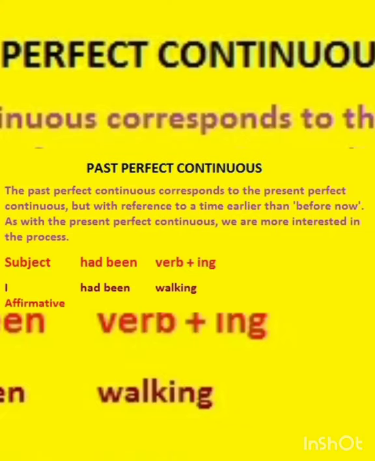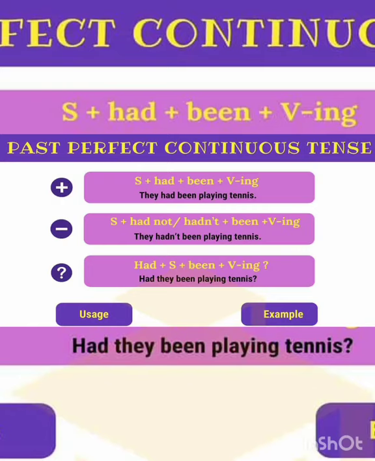Please do remember, past perfect continuous tense is used for an action which began and had been in progress before another action started. And the formula of past perfect continuous tense, if the sentence is going to be framed as an affirmative sentence, should be subject plus had plus been plus verb 1, and we should add ing to the verb 1. See, to frame an affirmative sentence in past perfect continuous tense, the formula should be subject plus had plus been plus verb 1 plus ing.